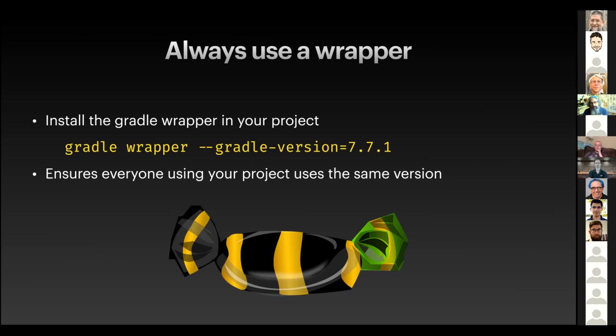When you use the Gradle wrapper, you use the command gradlew, and it will automatically download that version if it doesn't already have it, if your computer doesn't already have it cached, and then it will use that version to actually build the project. So it's kind of like it bootstraps itself. Okay. So for anybody who's using Gradle wrapper already, the way you install it is just right there. You just use gradle wrapper and then specify the version you want. 7.7.1, I believe, is the current, or maybe it's 7.1.1. That might be a typo. All right. In any case,